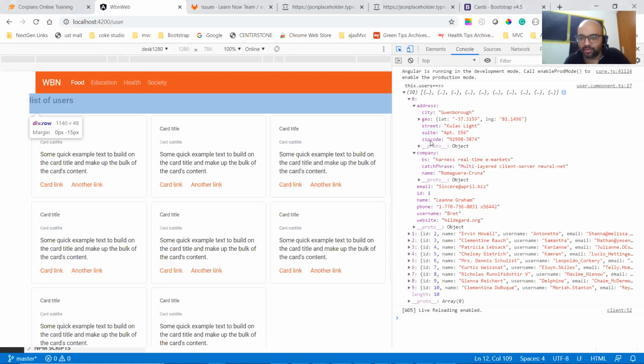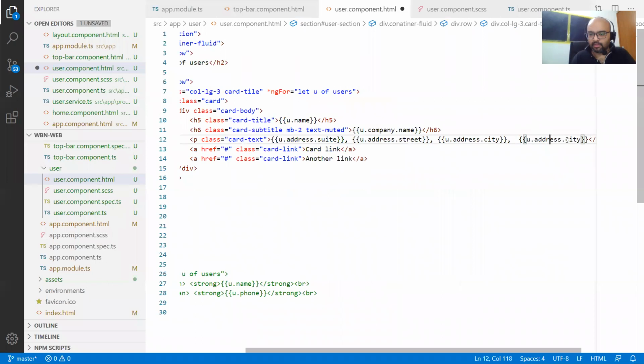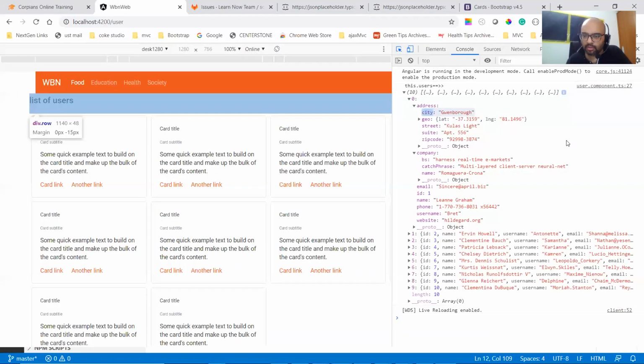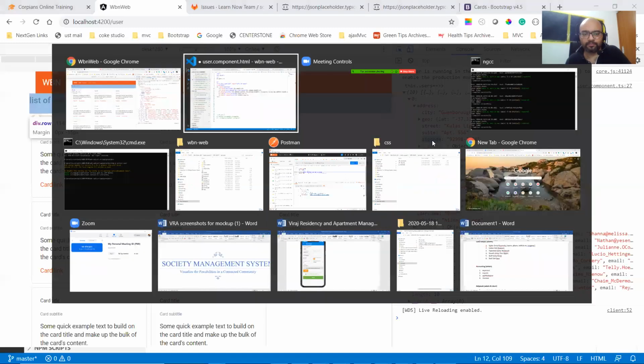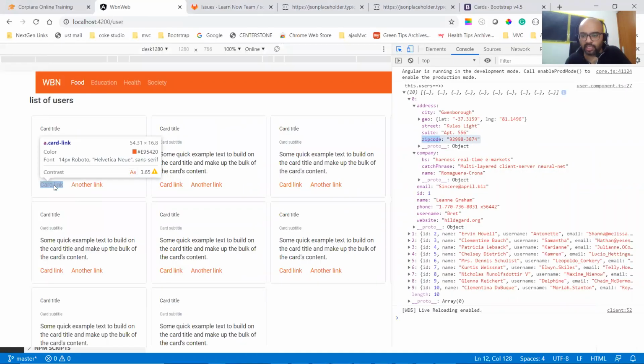Very sorry. So then we can have city, street, city, and then finally zip code. Okay, I mean, you can put the entire address like this. What is the spelling of zip code? Yeah, okay, this one, zip code. Correct, address done. Now you tell me what we should put in the links quickly.